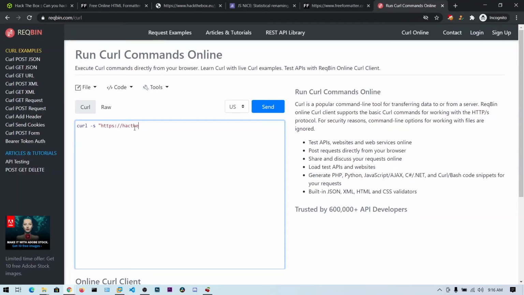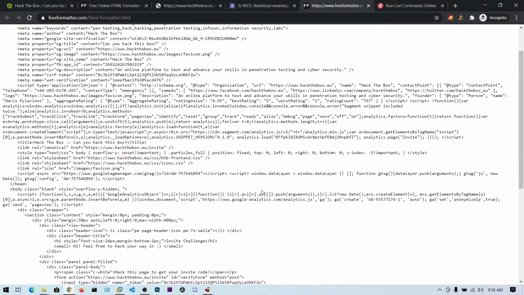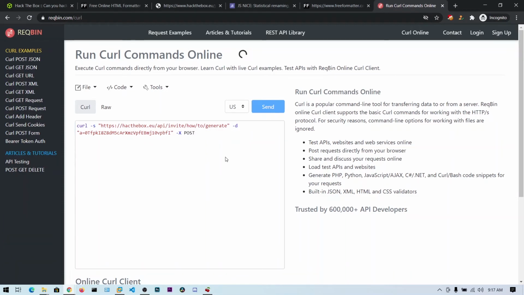So hackthebox is the domain name, and the path is this one. We need to send the parameters like the post data. So -d for data, and you can see here the function is taking a as a variable name. So I think we need to send this data as a variable. So let's copy this, and a equals paste this one, and we need to say type post. Let's send this one.